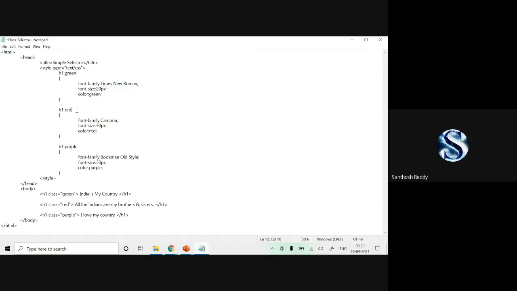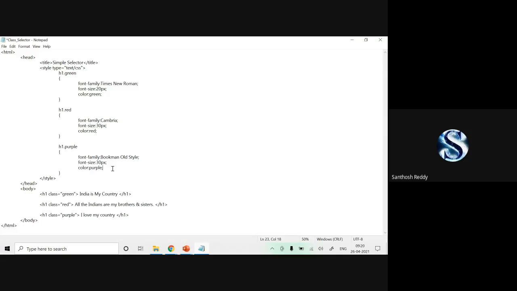Earlier in the simple selector, what did we do? We wrote the tags separated with a comma. Now how do we write it here? I want to apply these red properties to your purple.